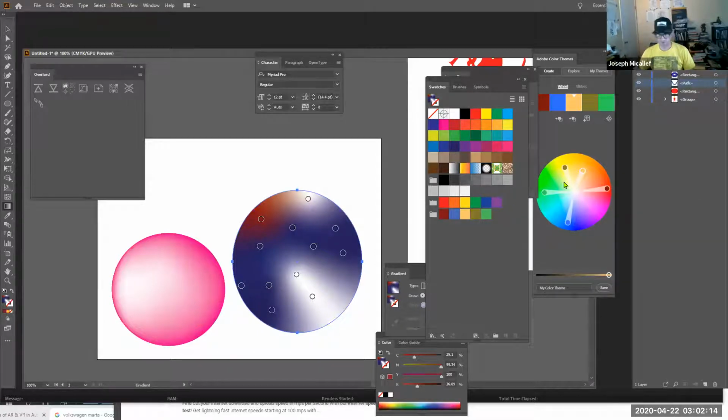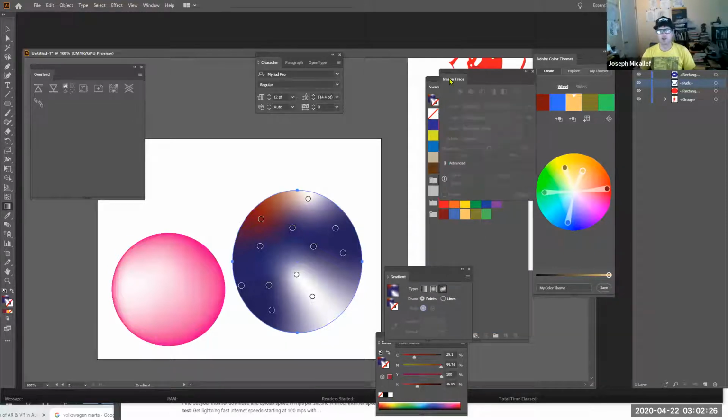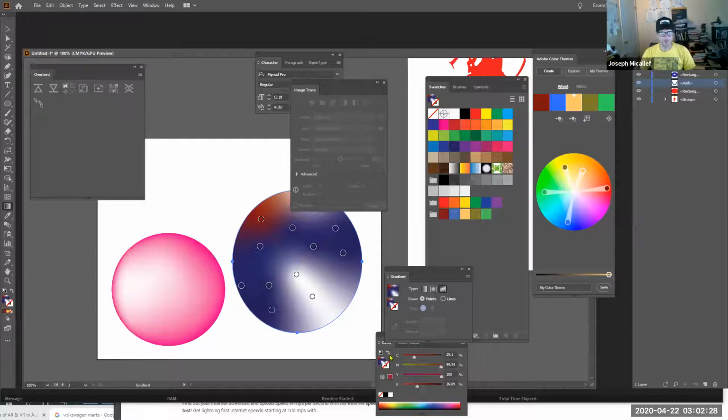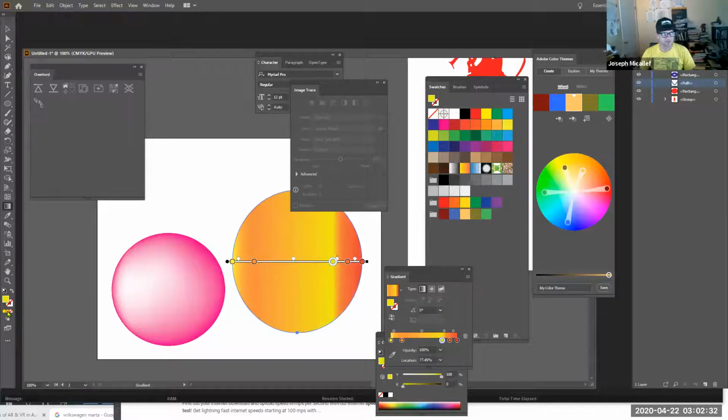Let's see. Maybe it doesn't like that kind of gradient. Let me switch to this one. Okay, I guess this last gradient here, the freeform one,